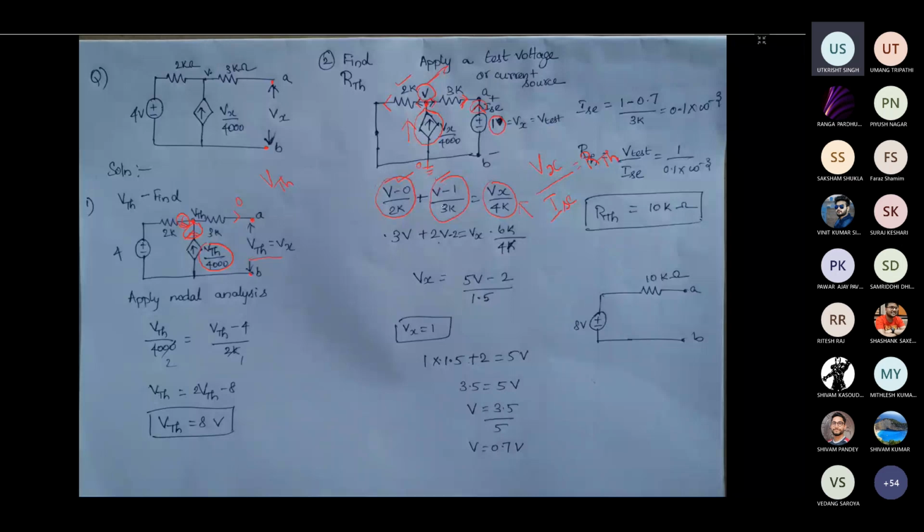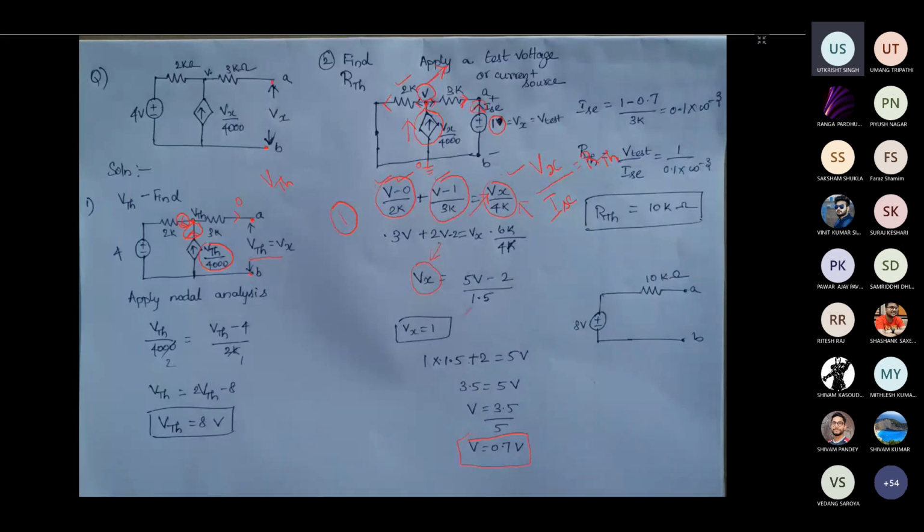Okay, so now you just rewrite this equation. If you rewrite this equation, we can find the value of Vx and V. Here we have only one equation and two variables. Already we have fixed the value of Vx as 1. So you just substitute the value of Vx as 1 and rewrite this expression so that you can find the voltage available at this node. The voltage at this node with respect to the ground is nothing but V is equal to 0.7 volt.